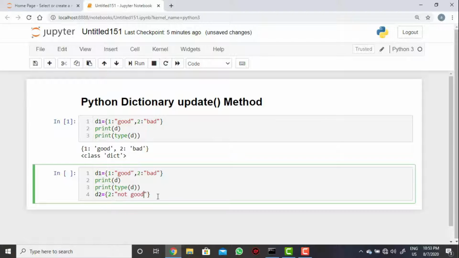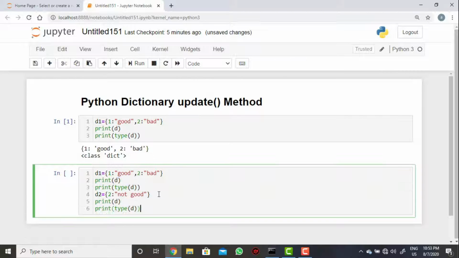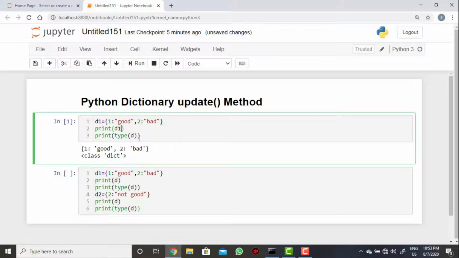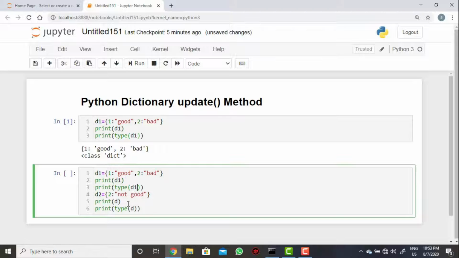So this is the value for this. So we have two dictionaries here.